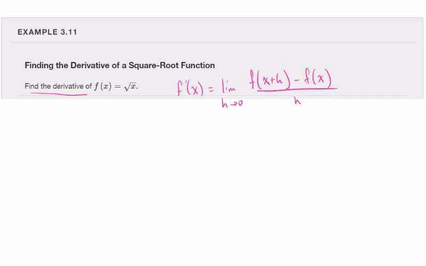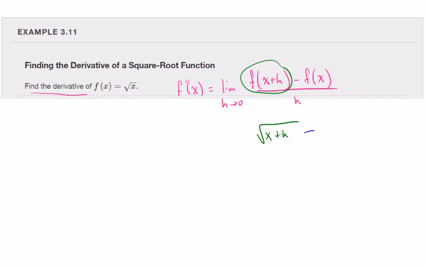First, f of x plus h, I'm going to plug that in. If I put x plus h in there for x, then I'm going to end up with root x plus h. That's what f of x plus h is. And then minus,